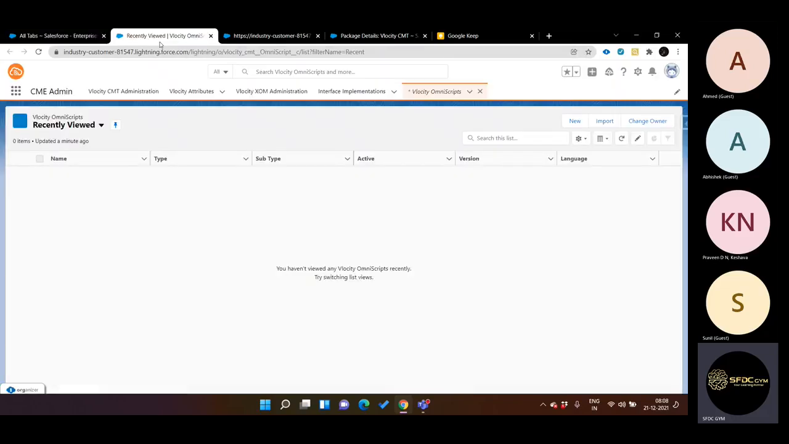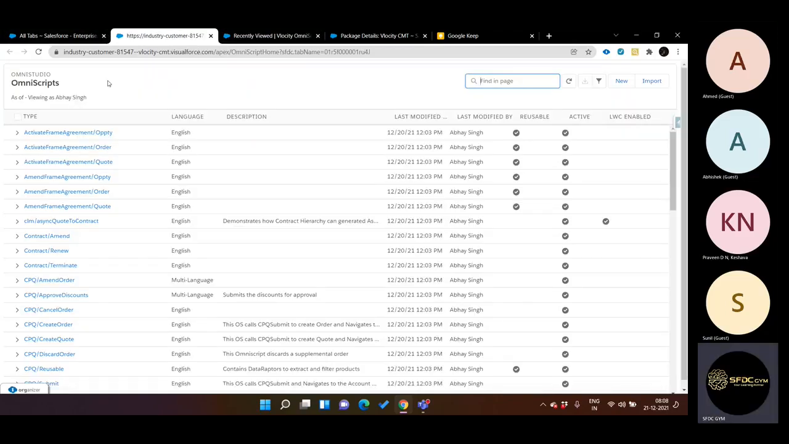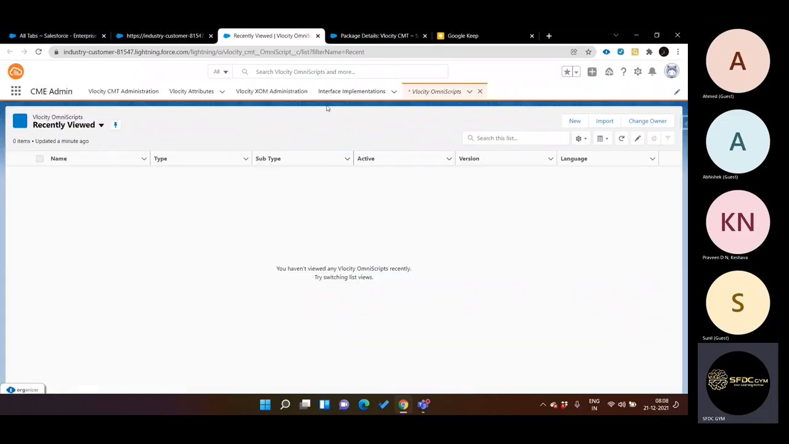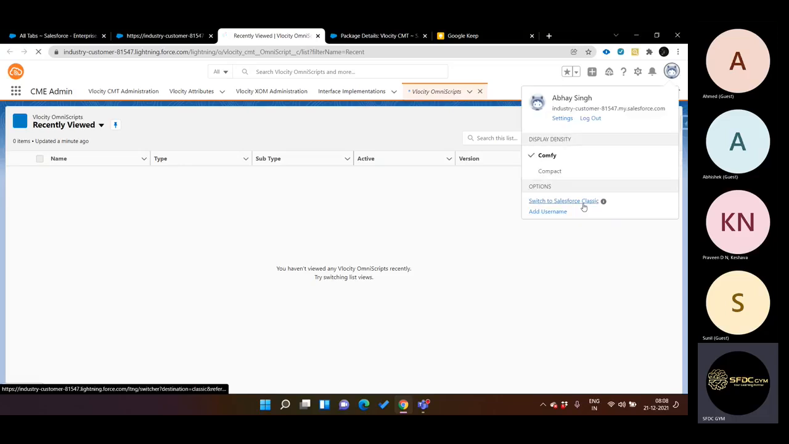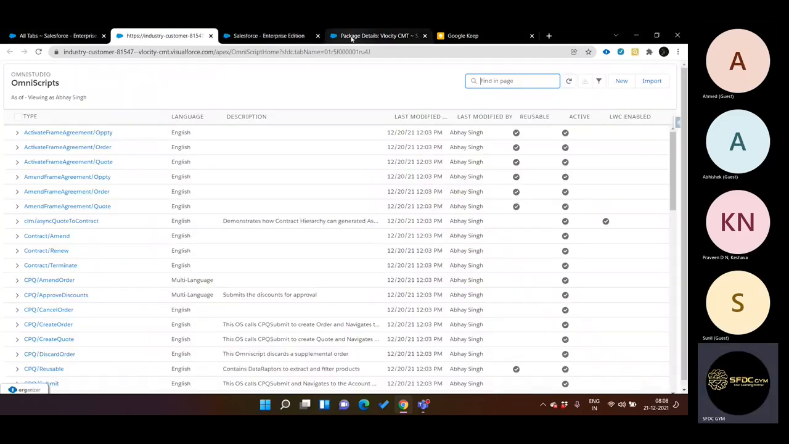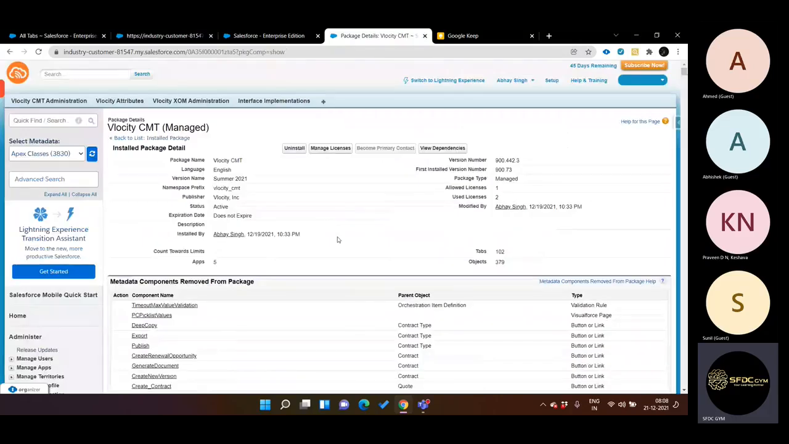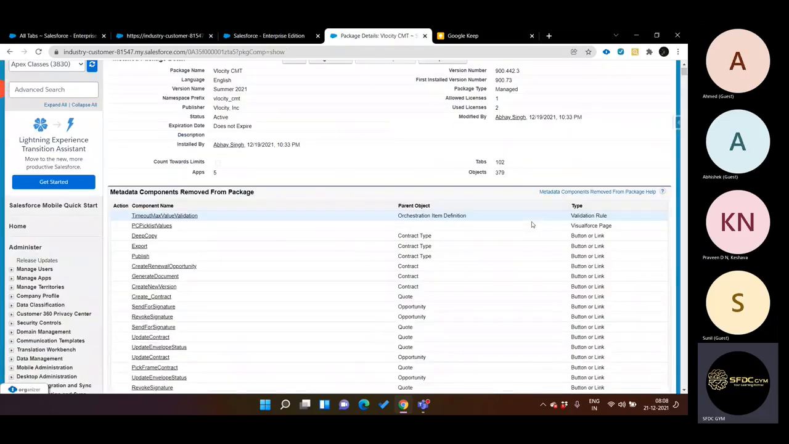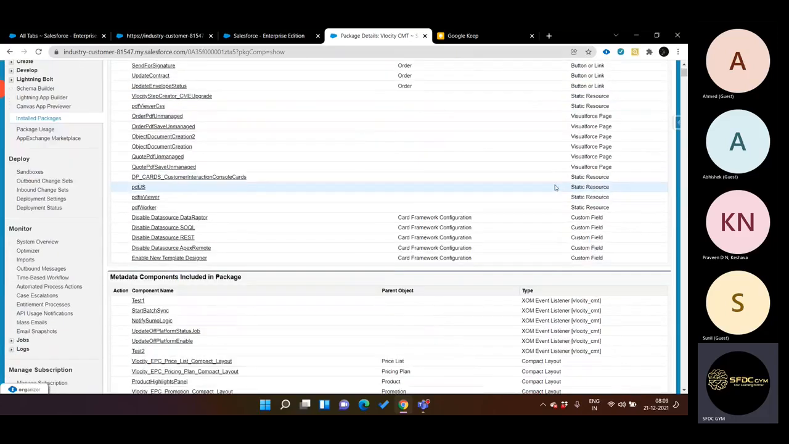I have opened two tabs here. One is this OmniScript and the other one is this, which is our native tab, right? Let me also switch back to the classic, because it will take some time if I refer to it. Okay, it opened. So let's check this for a moment. See, it created 102 tabs, that many objects, 5 apps, and you can see so many buttons and